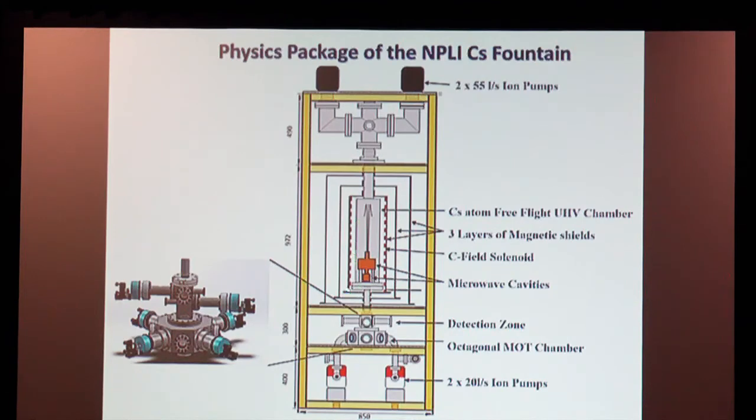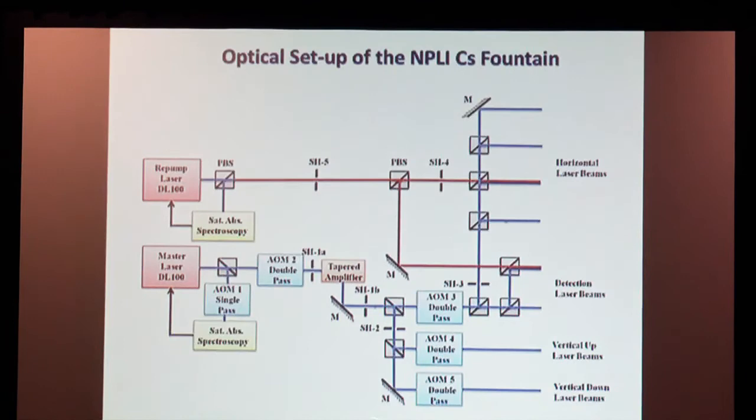You have to have a uniform magnetic field, which is the DC field, and then you have to have several layers of magnetic shielding around it to get rid of the stray magnetic fields due to Earth and other things. So the optical setup of the